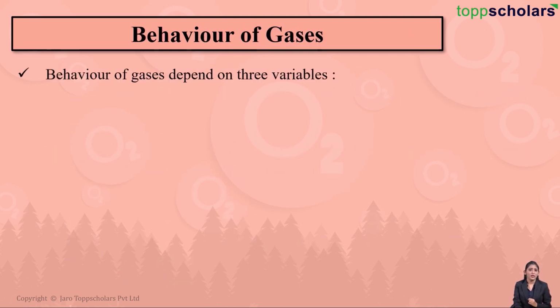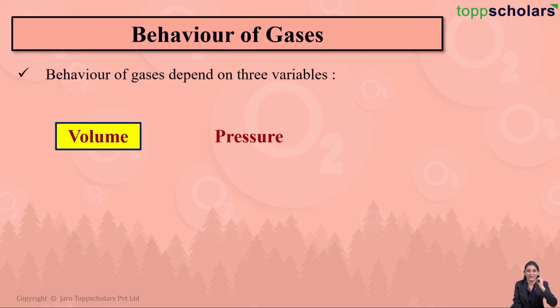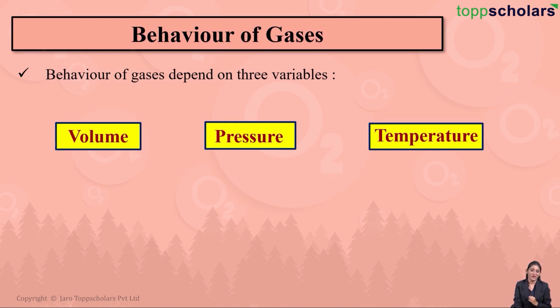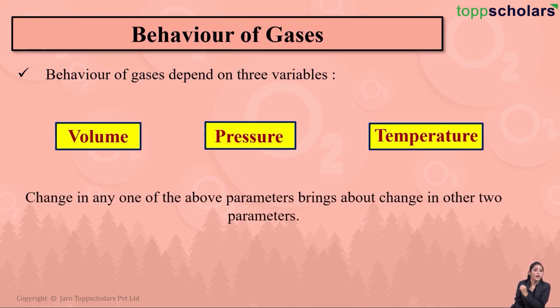So friends, here we saw that we have different parameters which actually affect the behavior of gases. There are three variables which affect the behavior of gases. Which are they? Yes, the first one is volume. The second one is pressure, exactly. And which is the third variable? Yes, it is temperature. So these are the three variables which actually affect the behavior of gases. So if you change any one of the parameters, it brings about a change in the other two variables also. Which means that if you bring about a change in the volume, it eventually affects the pressure as well as the